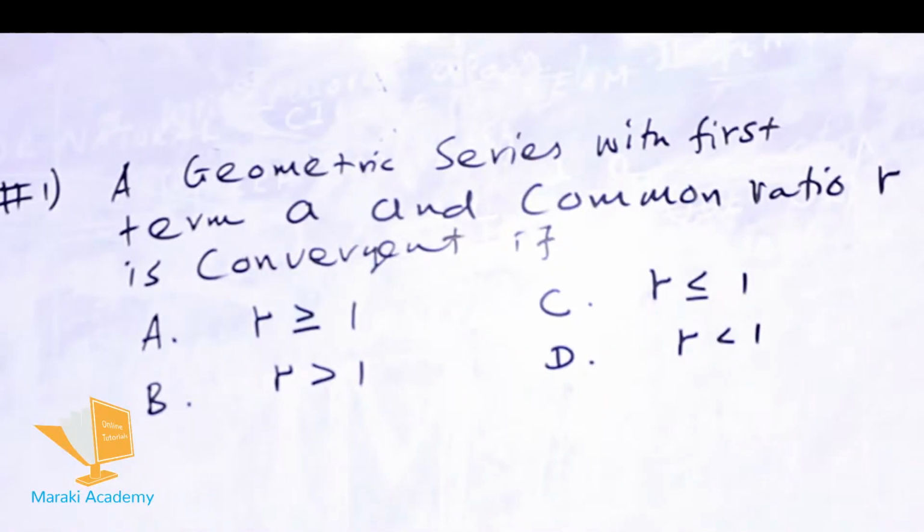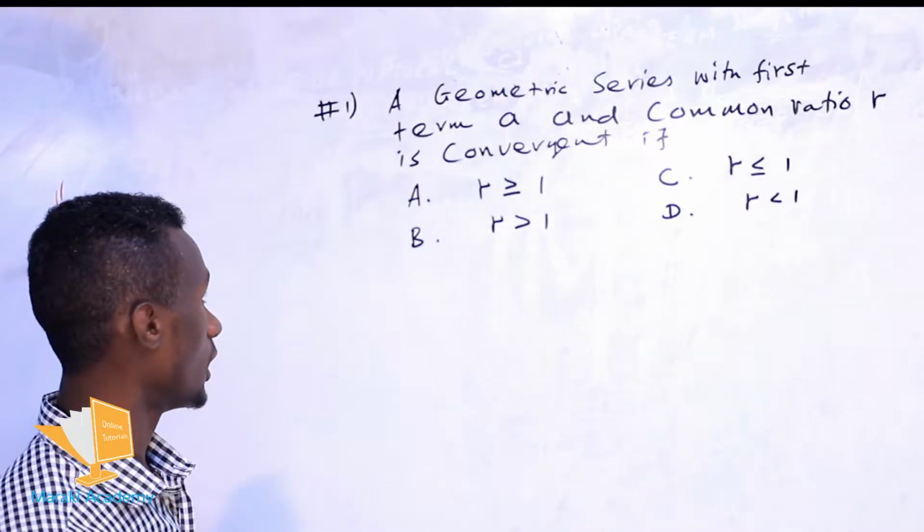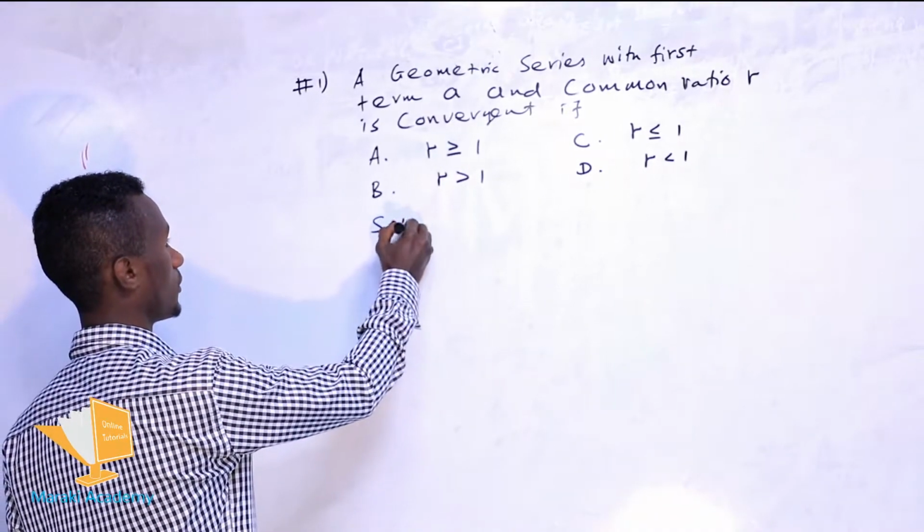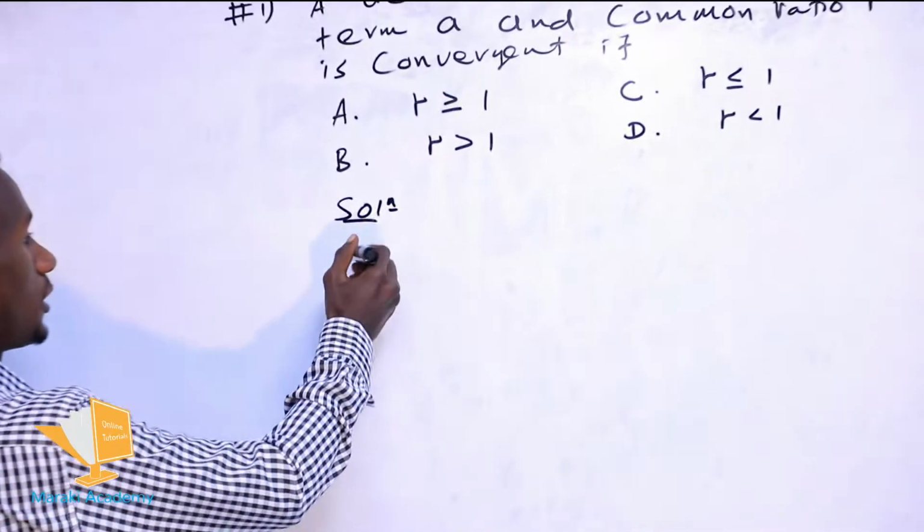The first question in booklet code 48 is about a geometric series. A geometric series with the first term a and the common ratio r is convergent if the following condition holds. Which condition holds depends on our choice. So let's start from the solution. For any geometric series,